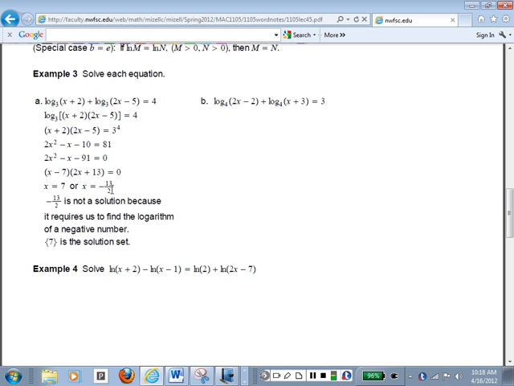If I take negative 13 halves and multiply by 2, I get negative 13. If I subtract 5 from that, I get negative 18. We can't take the log of negative 18. If we do, we get an imaginary number, and so we just don't do that. So since negative 13 is not in the domain of these logarithmic expressions, it can't be regarded as a solution